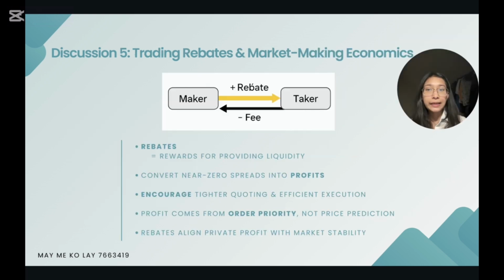Discussion 5. Rebates fundamentally reshape market-making incentives. Instead of paying commissions, exchanges reward liquidity providers for each limit order fill, even on tight spreads. This transformed market making from chasing price trends to earning steady micro profits through queue priority and efficient order placement. By rewarding patience and depth, rebates align private profit with public market stability, encouraging traders to supply liquidity rather than